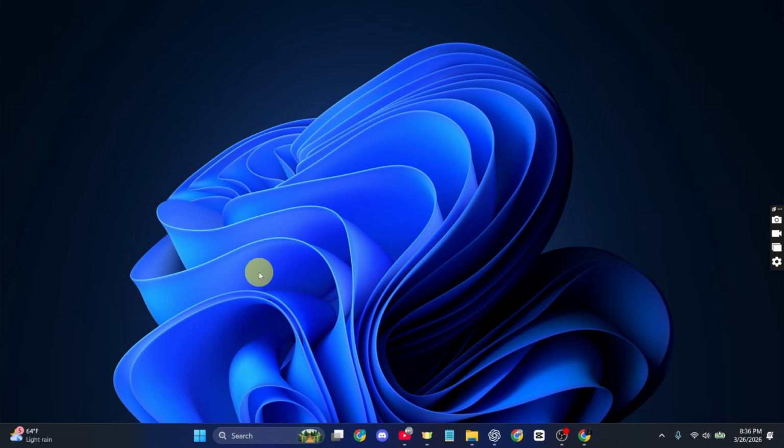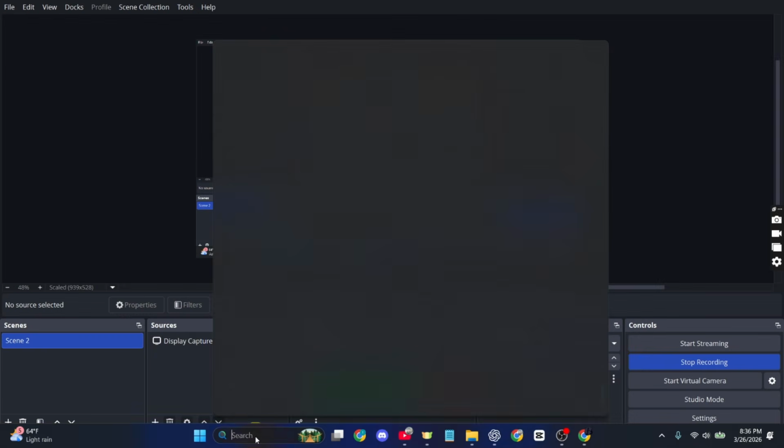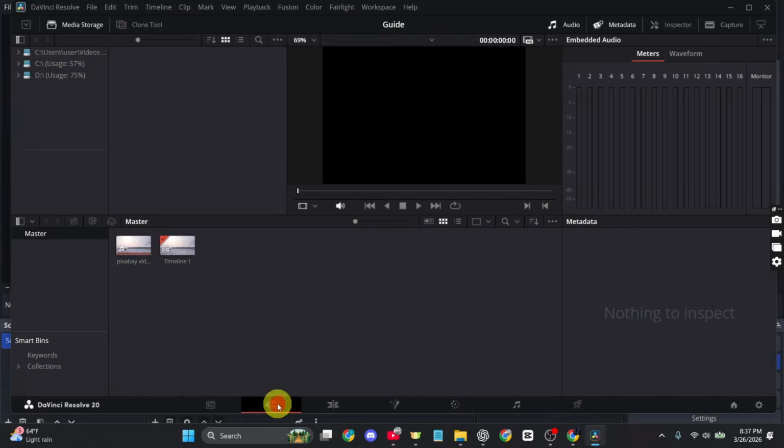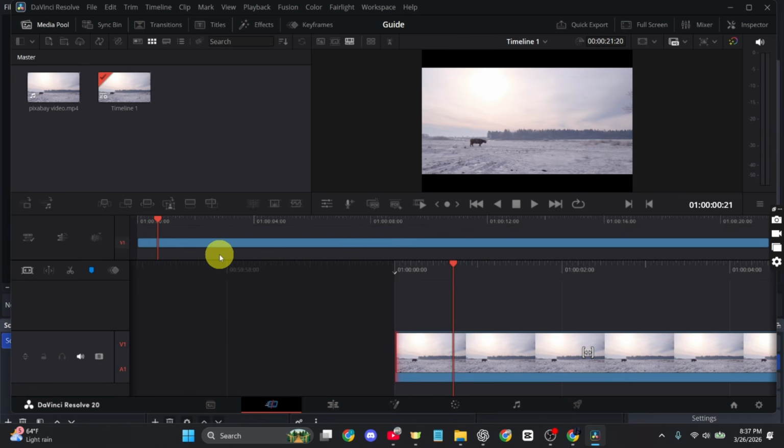So, to get started, just open your DaVinci Resolve, and after DaVinci is open, you can open your pre-existing project, or you can create a new one just by clicking on new project. I'll just open a pre-existing one, and once it is opened, make sure to go to the edit tab